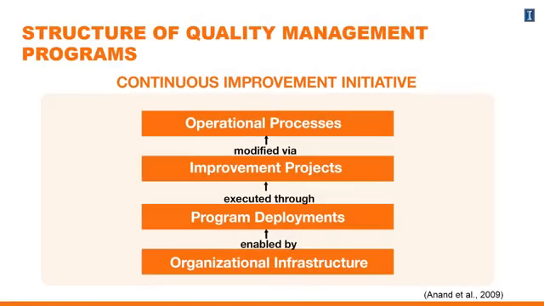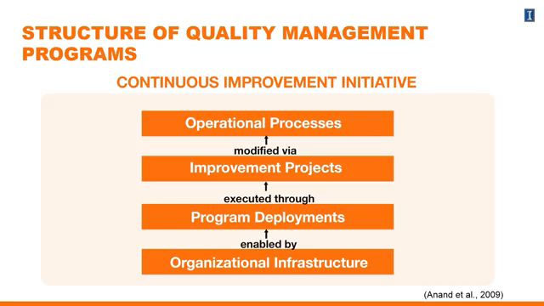So companies use continuous improvement initiatives: total quality management, Six Sigma, Lean, these different initiatives. But if you think about the common elements across each of these initiatives, you can boil it down to what you can see in this picture. The idea that there are going to be operational processes that need to be changed. They need to be changed because you're trying to make an improvement, or they need to be changed because conditions have changed. So operational processes are being modified, and typically each of these programs, like Six Sigma and Lean, they